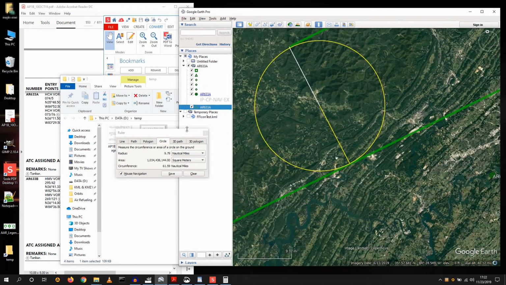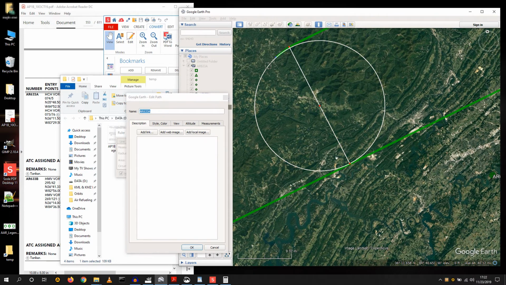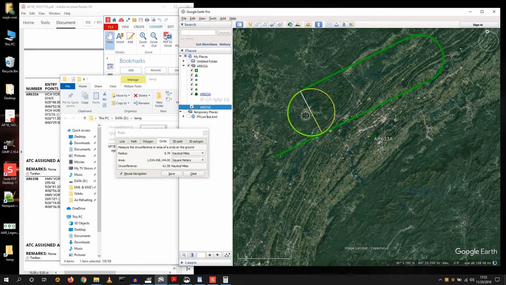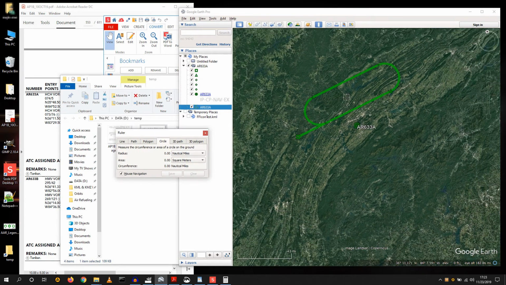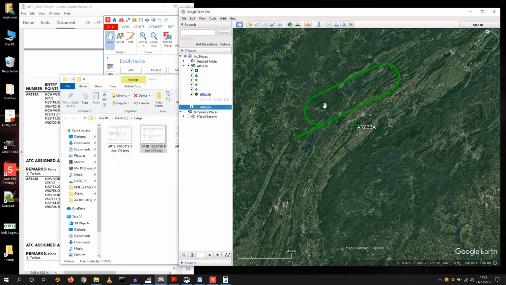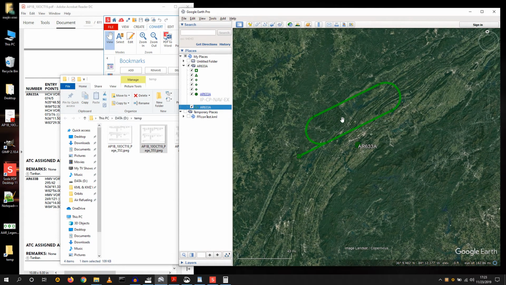And again, for higher fidelity, zoom in all the way. I'm just showing you the process here. So again, clicks aren't super accurate, but you get the picture. And we're done. We'll clear that out. And there you have it. That's all of